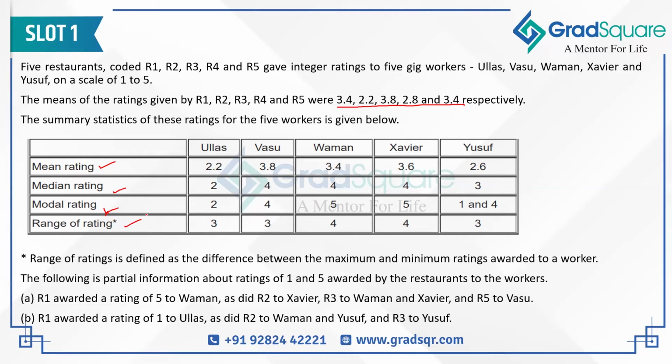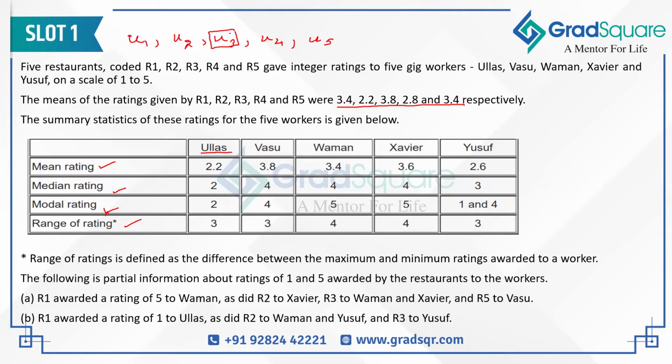Median rating is when you sequence the 5 ratings given by the restaurants to each worker in ascending order. Then the central term will be the median. In this case, because there are 5 restaurants, every worker will get 5 ratings. So of the 5 ratings, the central rating will be the third rating. The third highest rating will be the median rating. So suppose the first worker gets 5 ratings of U1, U2, U3, U4 and U5 from the 5 restaurants, and these are the ratings when arranged in ascending order. Then the central rating will be U3, and this is going to be calculated as the median rating.